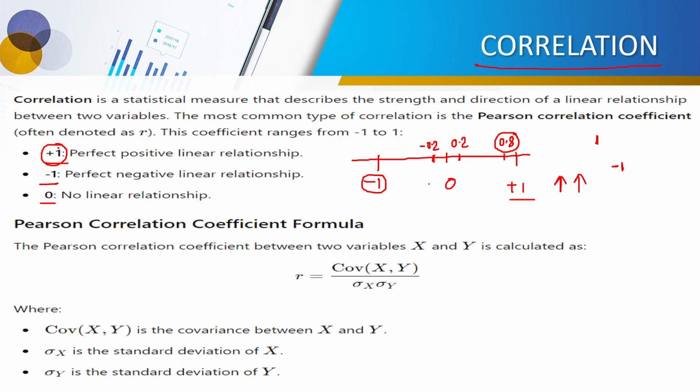So the magnitude is an important concern when we are dealing with correlation. This concern was not there when we were talking about covariance. In the covariance case, the magnitude was not playing a role. If the value is positive, one increases, the other increases. If the value is negative, one decreases, the other decreases. That is all you can say. But in correlation, if the value is closer towards 1, it